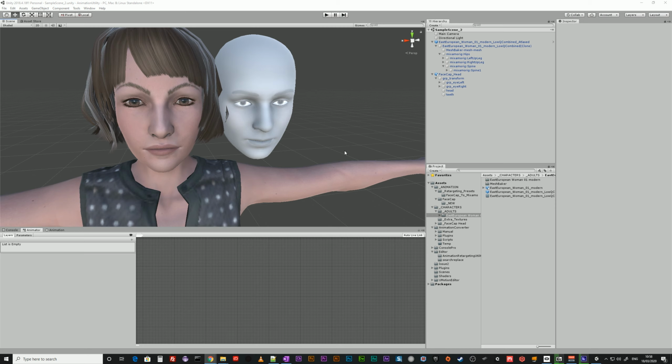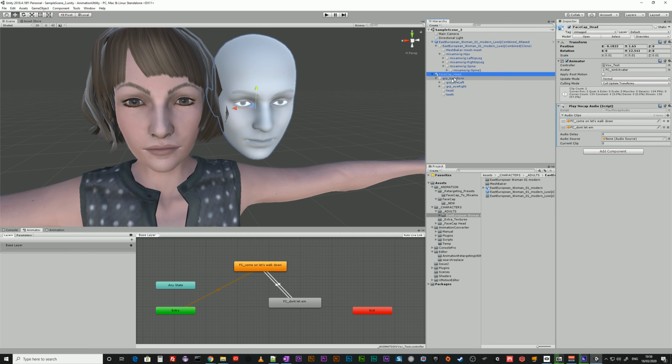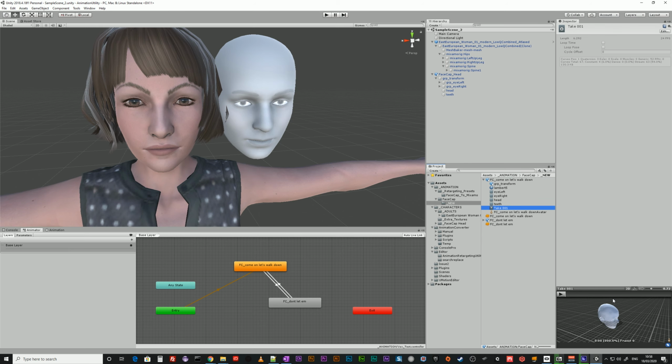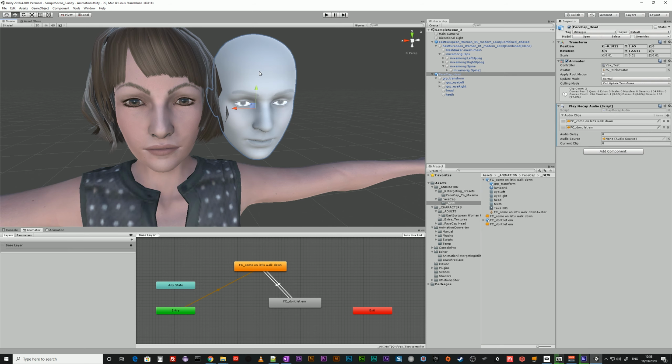Okay, so I want to do a rerun of the facial mocap retargeting from FaceCap, animation clip, FBX clips, which come in as an FBX and an audio file. So on this